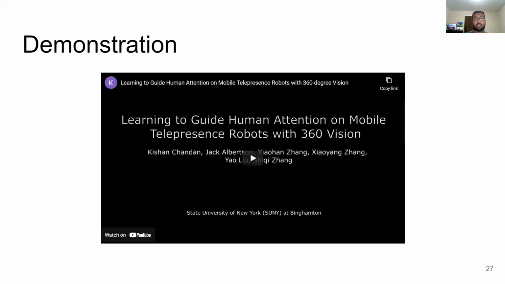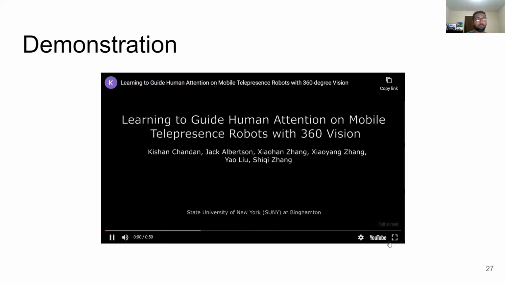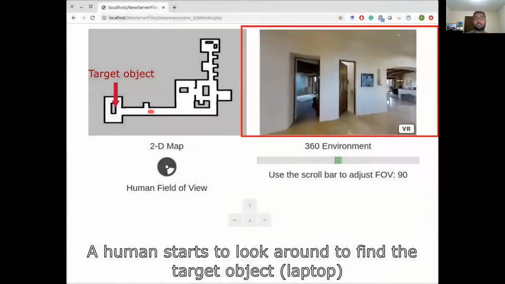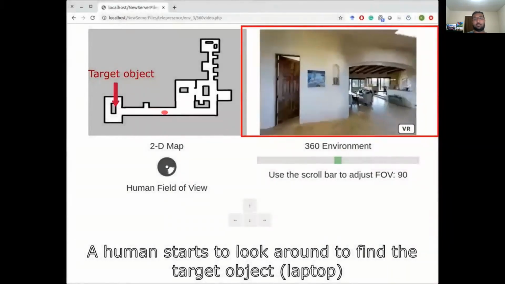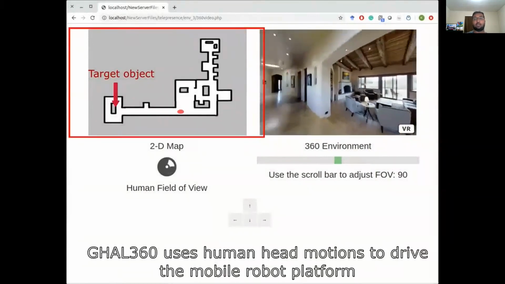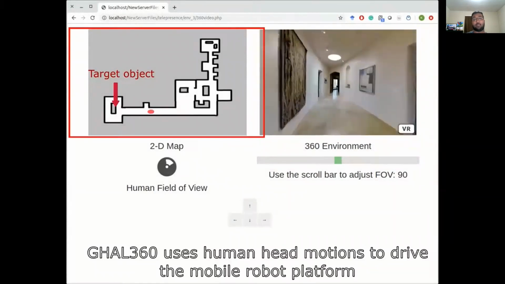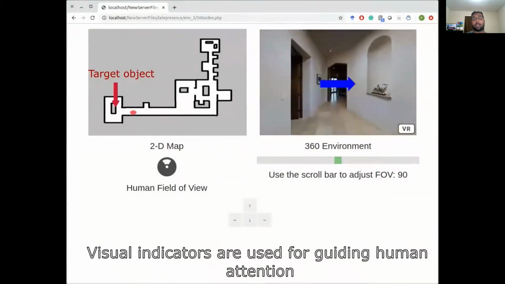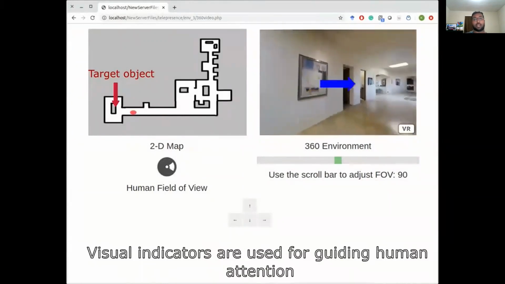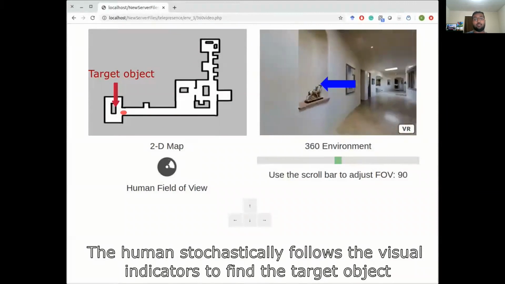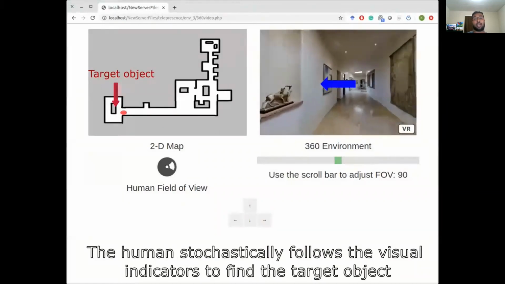Now we will provide a demonstration of our GAL 360 framework. Using the interface, the human starts to look around to find the target object in the remote environment. Under the hood, GAL 360 constantly uses head motions to drive the mobile robot platform in the remote environment. Once the human starts looking around, visual indicators are used to guide the human attention. The human stochastically follows the visual indicators to find the target object. We terminate the trial when the robot reaches the location of the target object and the human can find the